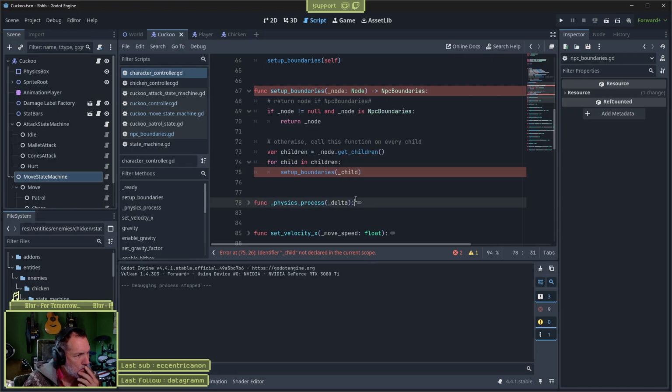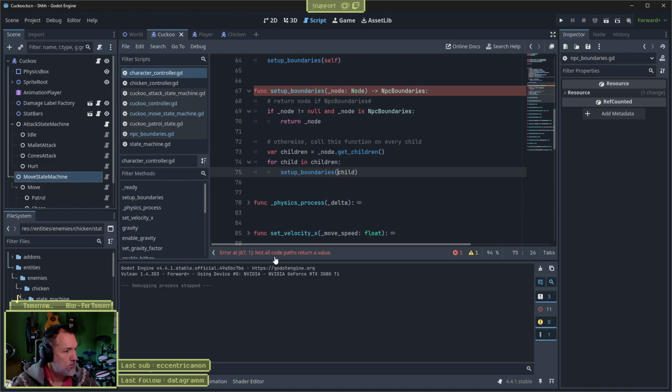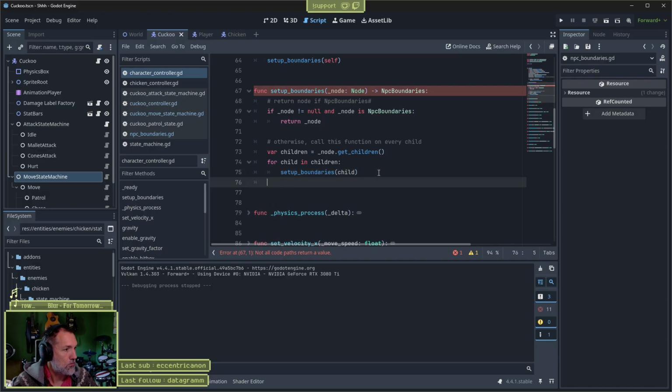Child not declared in the current scope. Okay. And this guy, the local path, returns a value. And if there are no, yeah, of course, if there are no